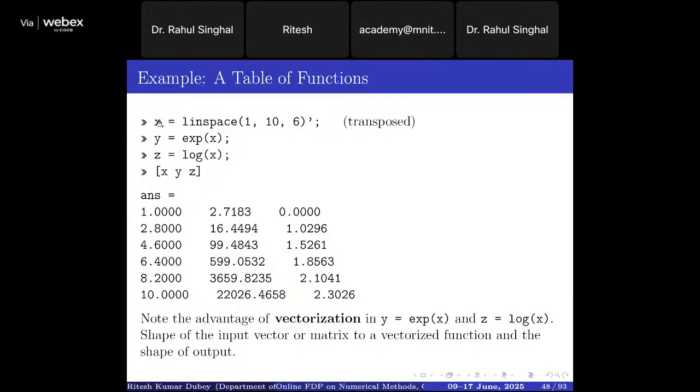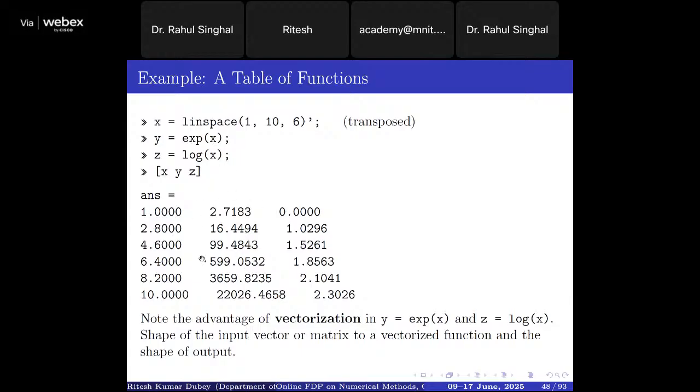So you are having x equal to linspace from 1 to 10, divided equally into 6 parts. So you get these values: 1, 2, 3, 4, 5, 6. So 6 divisions have been done between 1 to 10, and then you are taking the exponential,